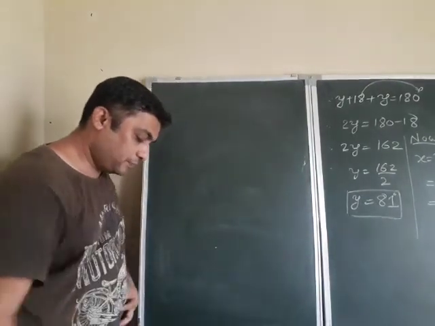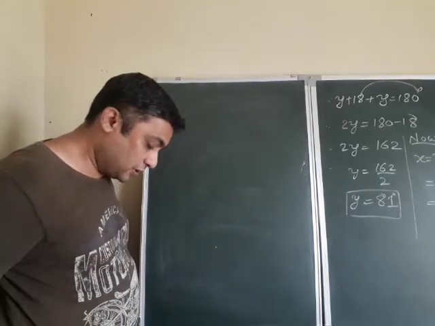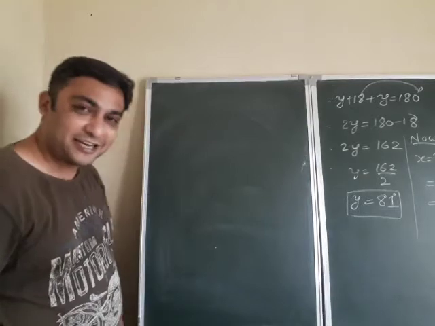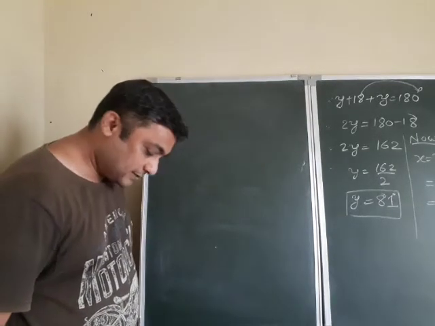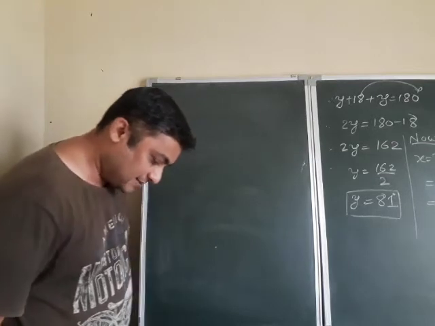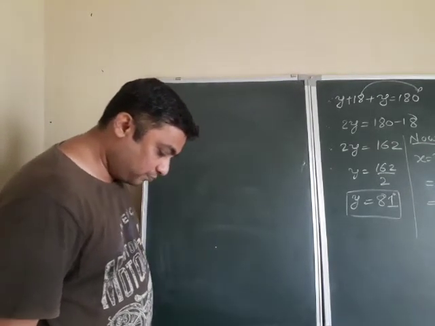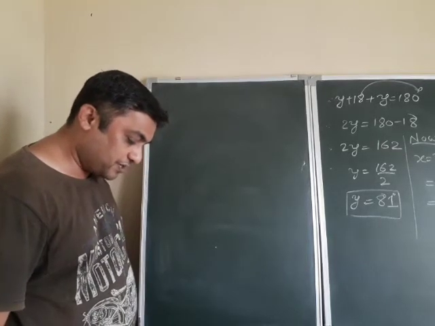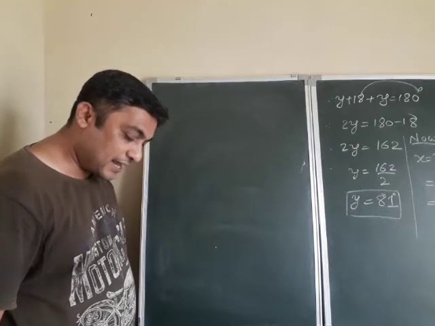See, the first is over, the second is over. It's the turn for the third question. See, the coach of a cricket team. Again it's a question of buying. The coach of a cricket team buys 7 bats and 6 balls for rupees 3800. Later she buys 3 bats and 5 balls for rupees 1750. Find the cost of each bat and each ball.